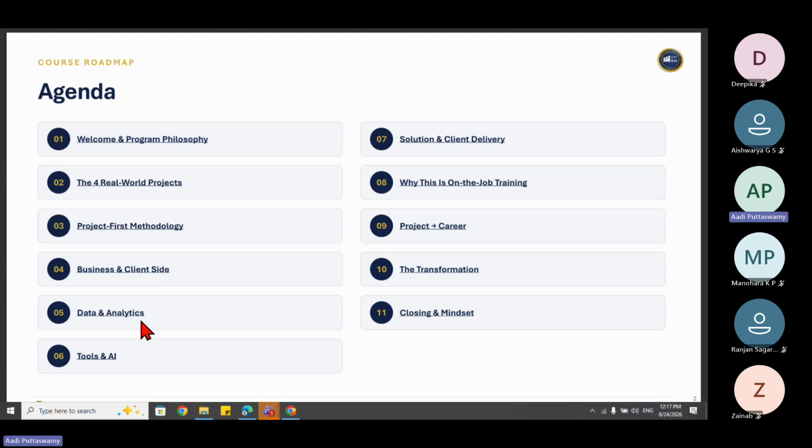Then comes data and analytics. As I told you, we'll be learning the tools as well. It's not that we will not learn any tools, but we learn the tools based on the projects. So here we'll be studying about the data and how to do the analysis as well. Then